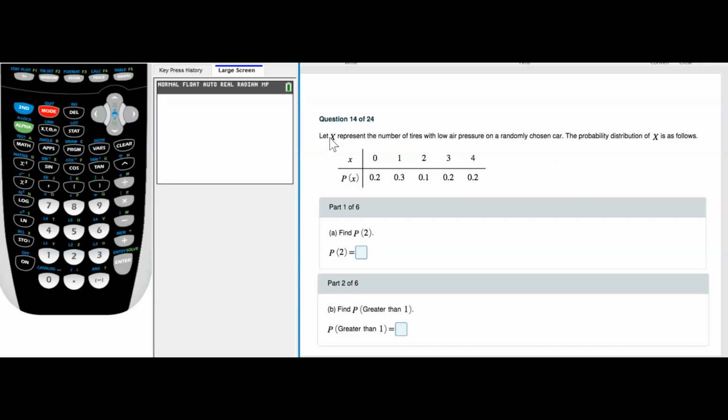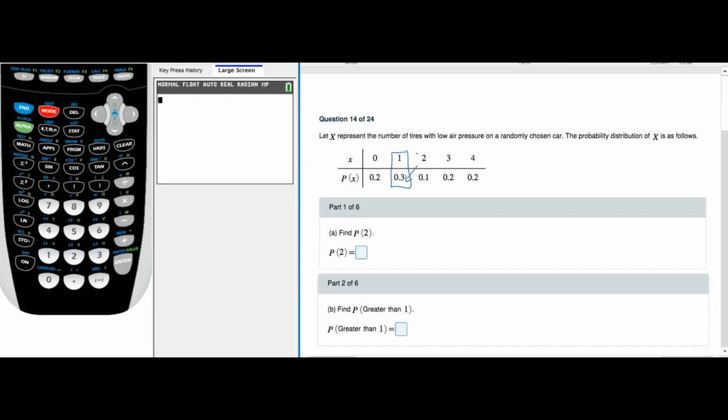All right, so this is an explanation on number 14 of the Connect Practice final exam. So below you'll see a probability distribution. X represents the number of tires with low air pressure, and then below is the probability of that happening. So for example, if we look at this part of the diagram, there's a probability of 0.3 that one tire